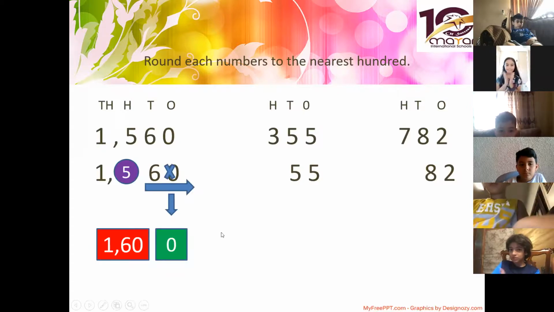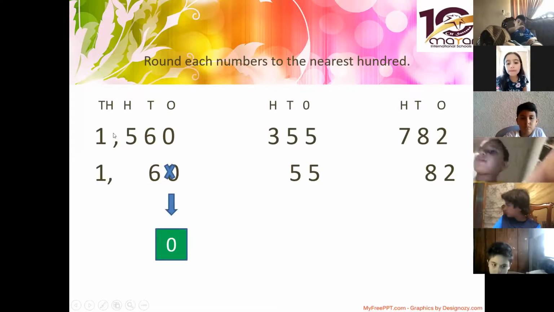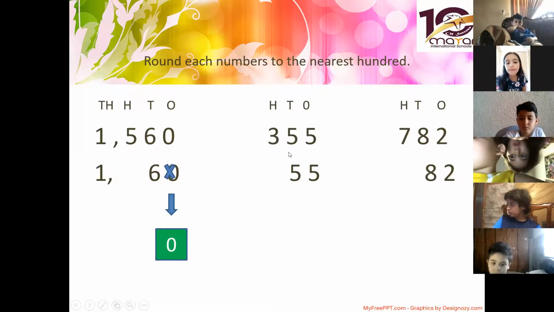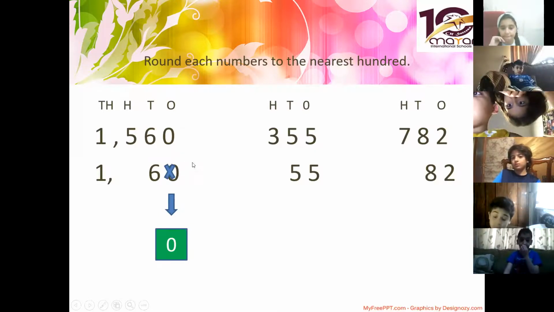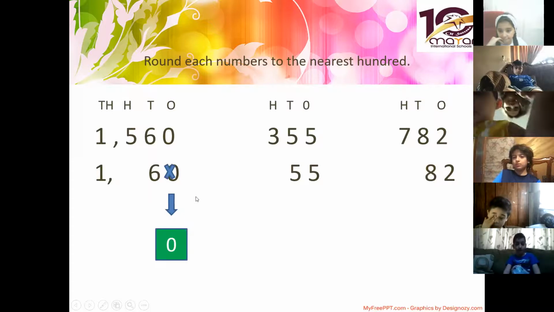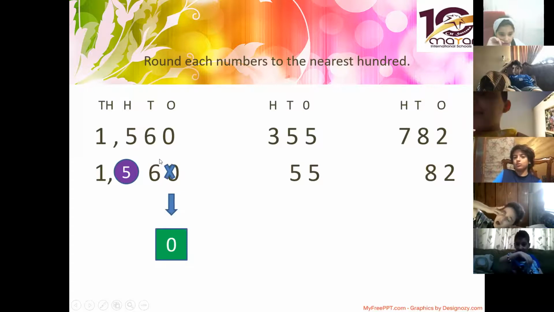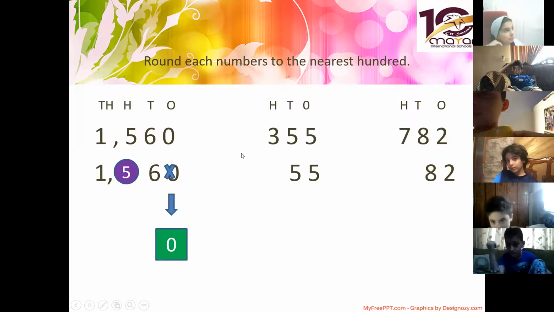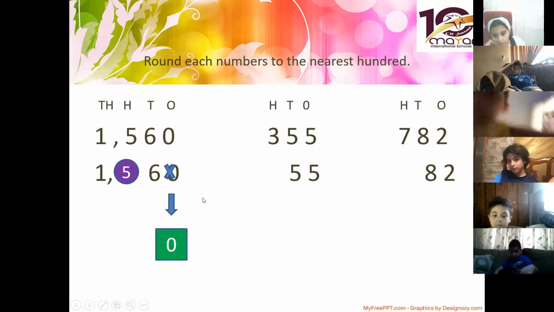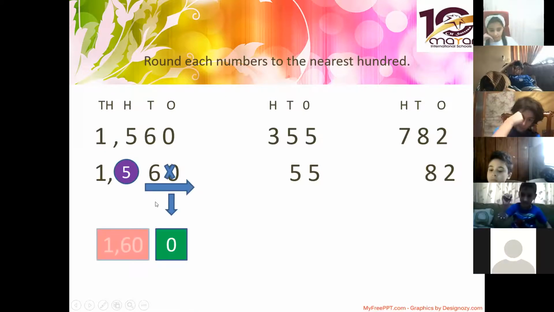Mira, can you answer this? Yes, teacher. We have 1,560. Okay? Can you round it to the nearest 100? Is the nearest 100 500 or... forget about the thousands, okay? Forget about the thousands. Yes, we forget about the thousands and we go to the ones, tens, and hundreds. So we have